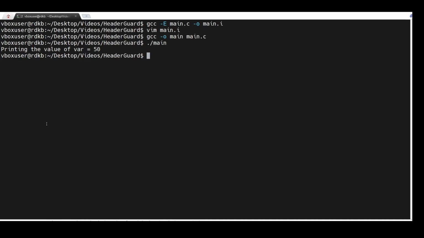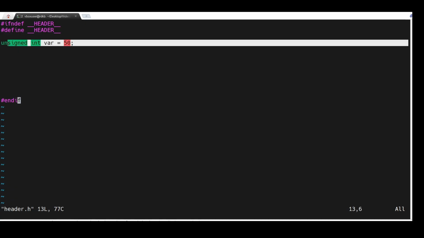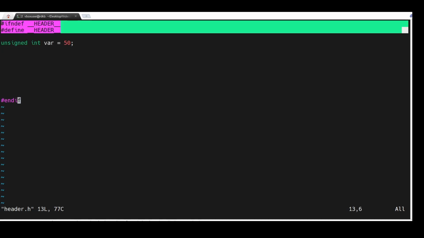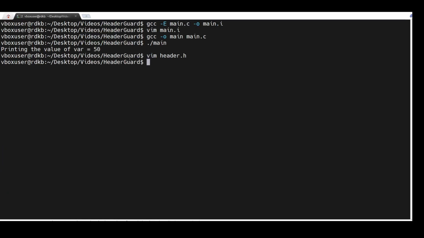So by including the header file with the guard, you can save this variable. So this header file can be shared between multiple C files and there is no conflict. But